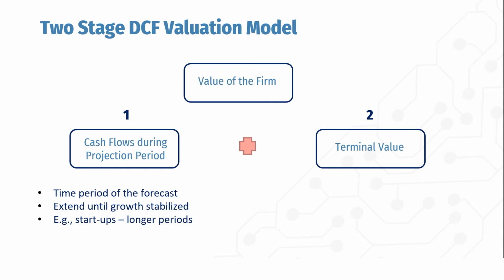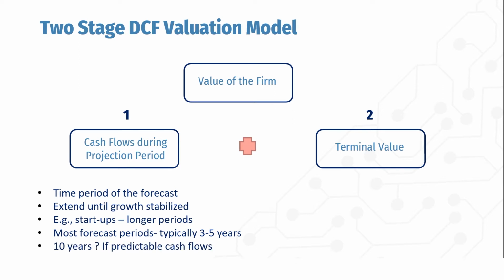That being said, since we cannot predict the future, most forecasts typically go up to, say, 3 years or 5 years. Now, some businesses may be able to forecast more accurately for even longer periods, say 10 years, because they have more predictable cash flows, which could be due to signed agreements or concessions. So ideally, you should set the projection period based on two things. One is, what stage is the business? And two, when will the business mature and stabilize?